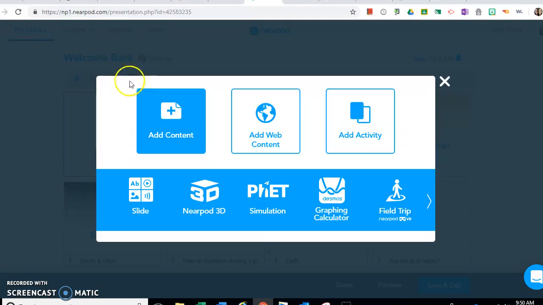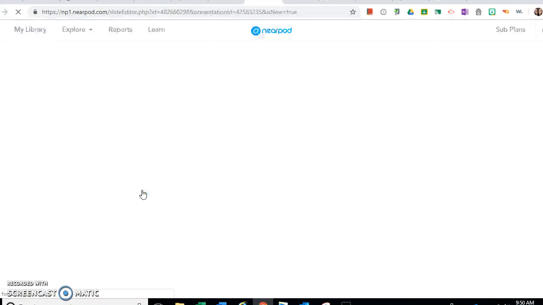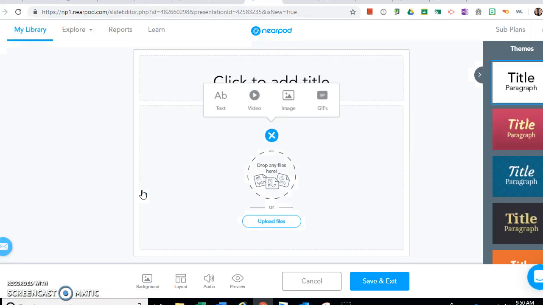Okay, so the first thing we did was add content. You click on the add content button and it gives you a couple choices, actually more than a couple. You've got slides, Nearpod, simulation. So we're going to start with the slide. Basically, it's just going to be anything that you want to put in there as far as video or any